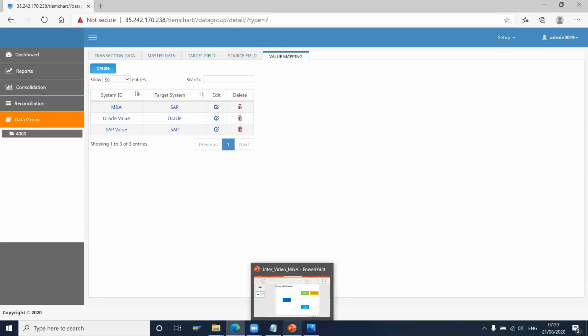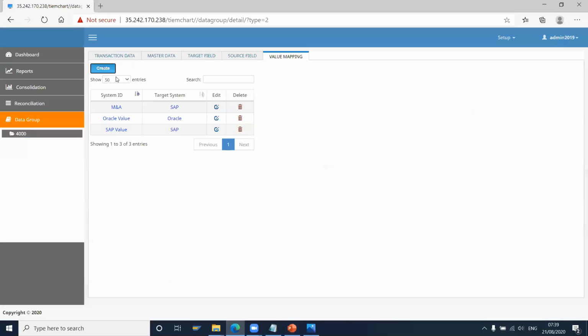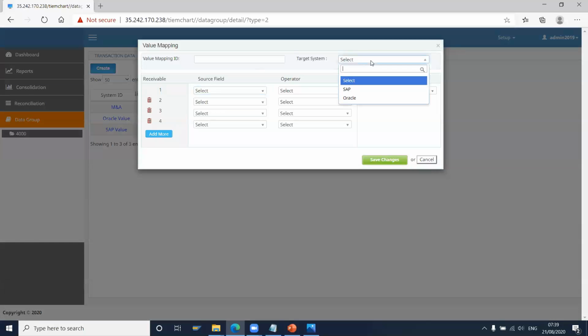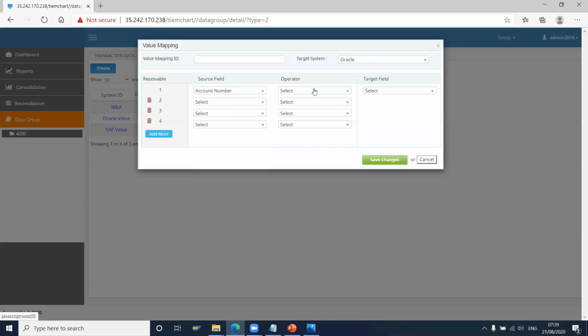An enterprise sometimes comes with a different list. Sometimes the challenge is that a sister concern's account plus cost center becomes the parent entity revenue. So, for example, you are looking into, let's say, a table, you're bringing an account code, and account code equals, so that means any particular account code plus a cost center, again equals,